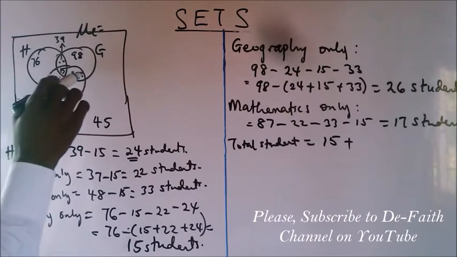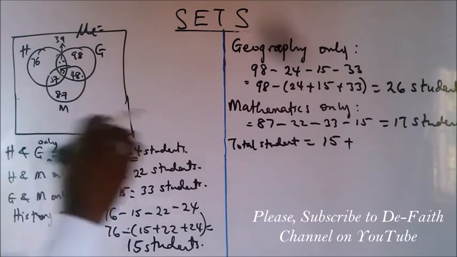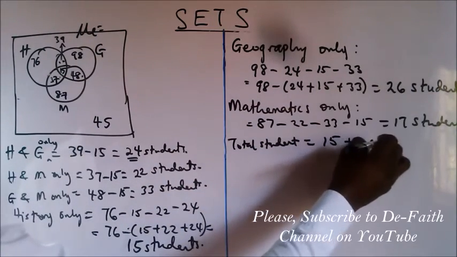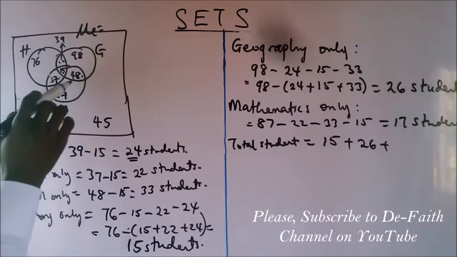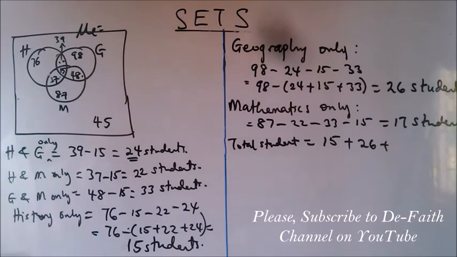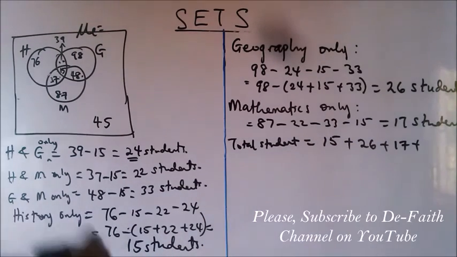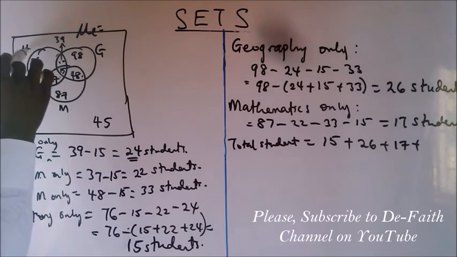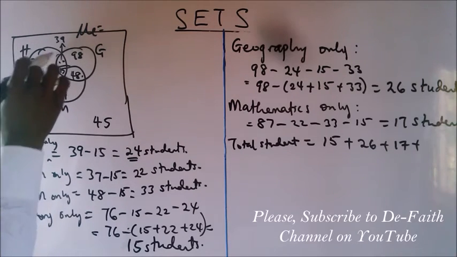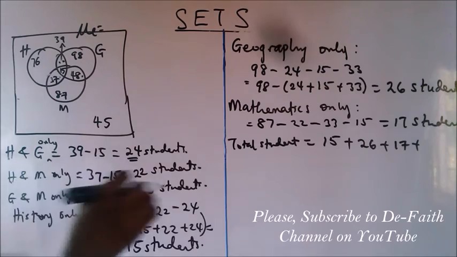Total number of students that love geography only. Geography only, we have 26. Those that love mathematics only, and that is 17, plus those that love a combination of history and geography only. And so for history and geography only, we have 24,